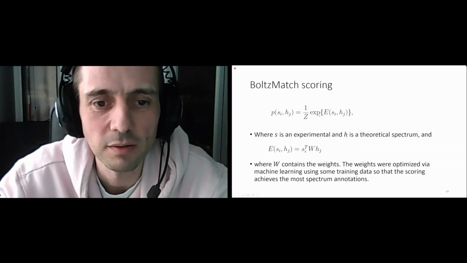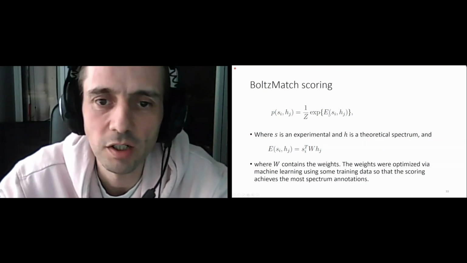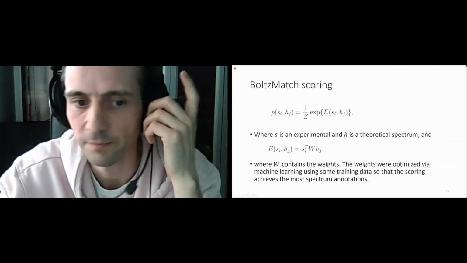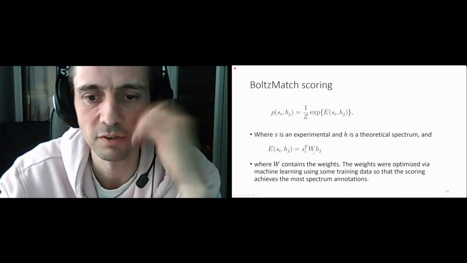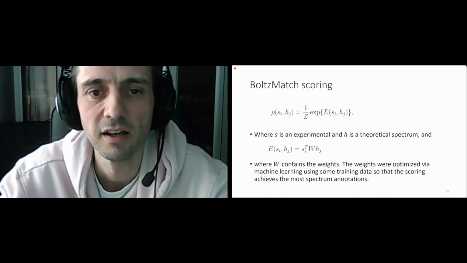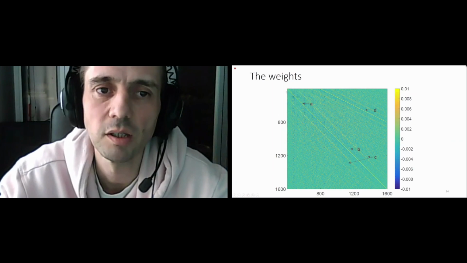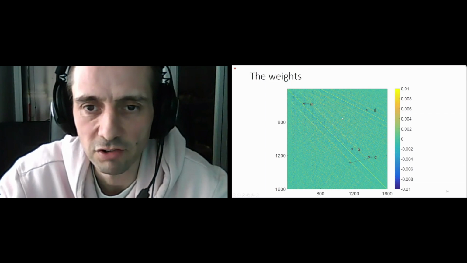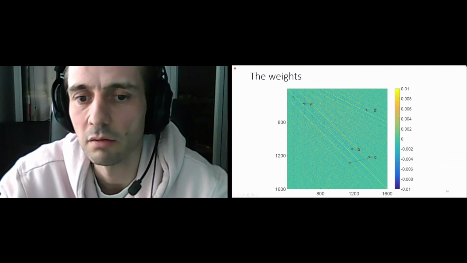Okay, let's go back. So this is the scoring. In this model, we model the joint probability that the experimental and theoretical spectrum were observed together. Okay? And then the weight is this middle layer, which is going to be optimized with some machine learning data. And actually, this model is interpretable. So if we show the heat map, some part of the heat map of the weight matrix, this W matrix,